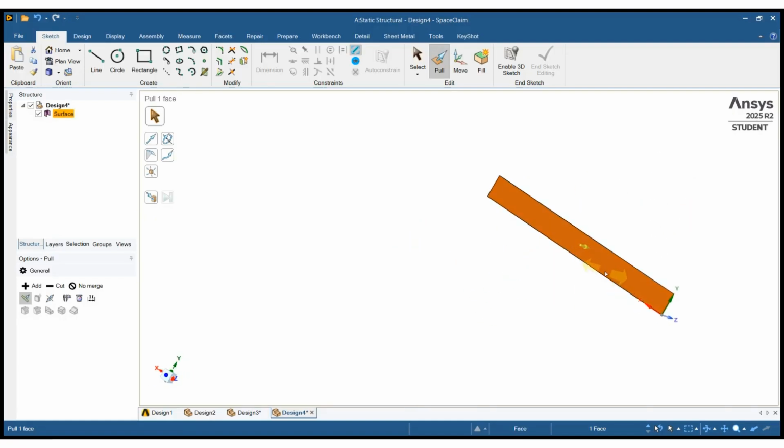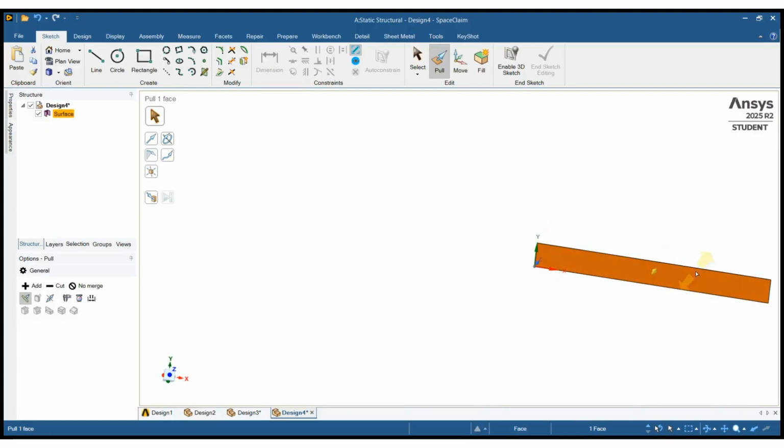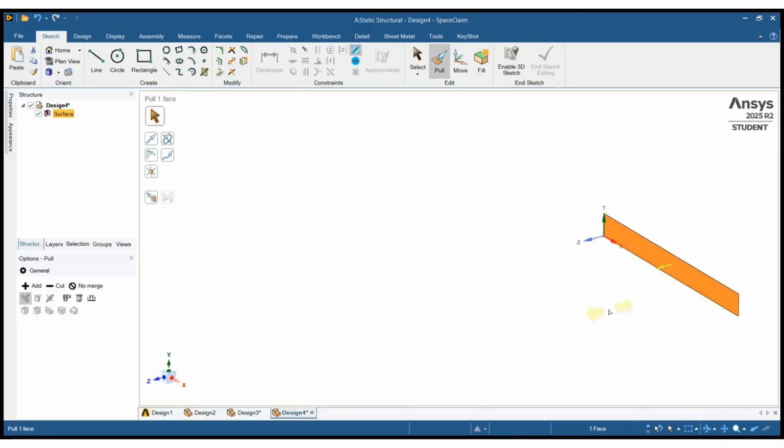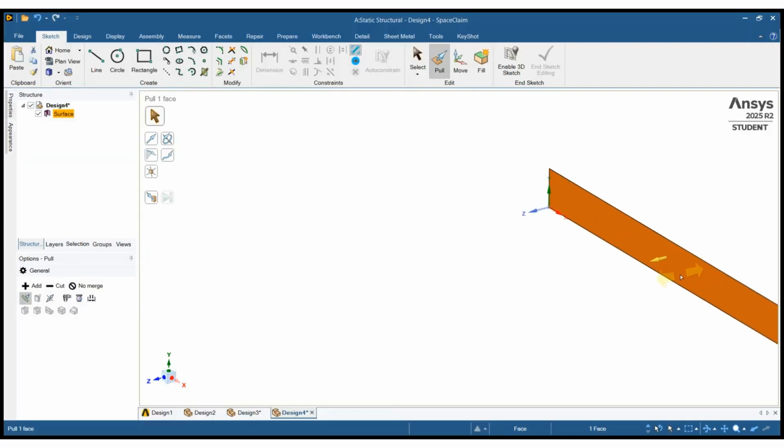So it's control on the middle mouse wheel. And for zooming in and out, if you just scroll on the mouse wheel, that's zoom in and out.